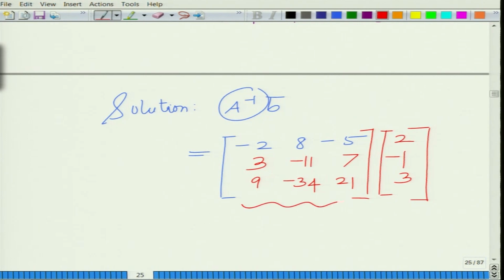So, this is your matrix A inverse. I will simply say here, see previous module